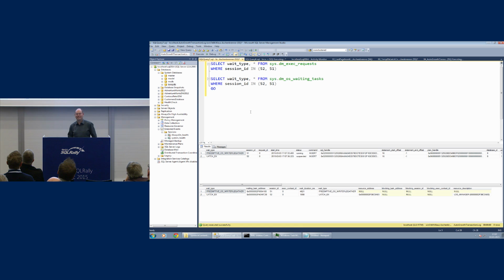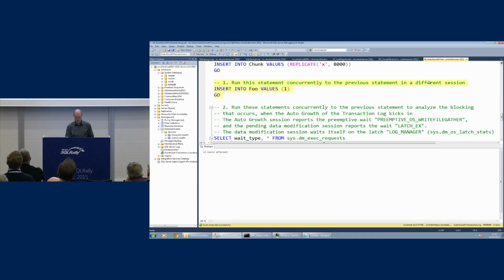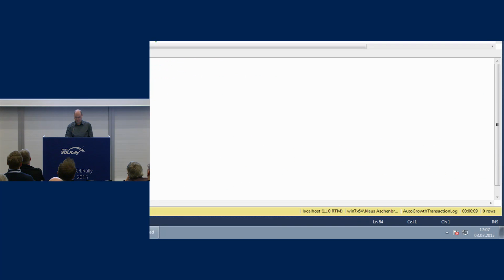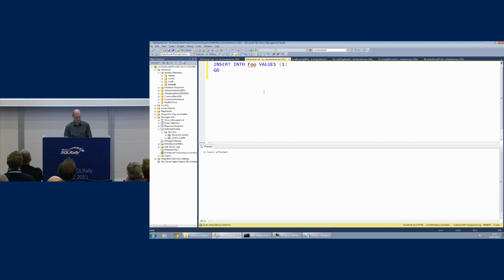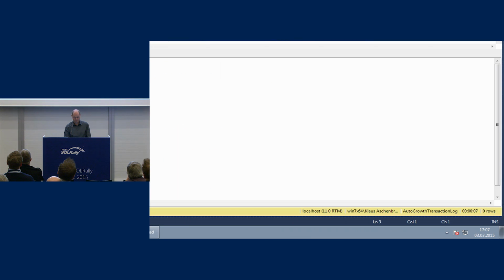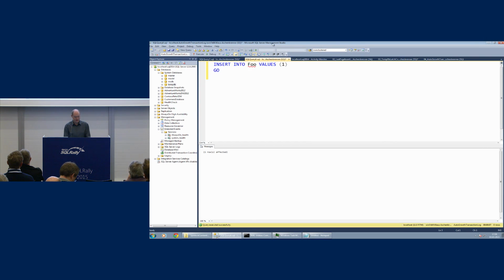Perfect. It takes a few more seconds now, so you can see both sessions are waiting. Auto-grow completed. As you can see, it took 9 seconds. When we go to our second insert, it also took around 7 seconds. Let's have a look